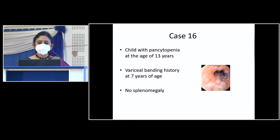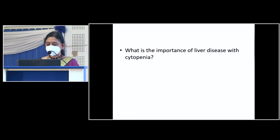This child had presented only yesterday to the OP, a 13-year-old, and he had pancytopenia for evaluation. At the moment, no splenomegaly, but when he was 7 years of age, he had variceal banding, and these are the huge esophageal varices he had. So here, sometimes what we need to know is they have hypersplenism and pancytopenia, but you can't actually feel a spleen clinically. So chronic liver disease,